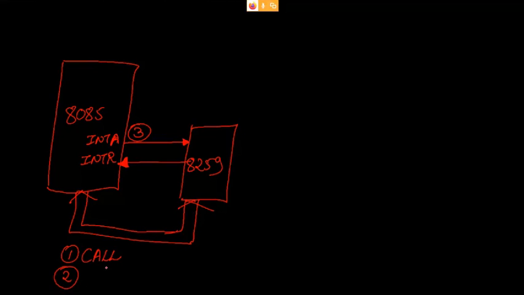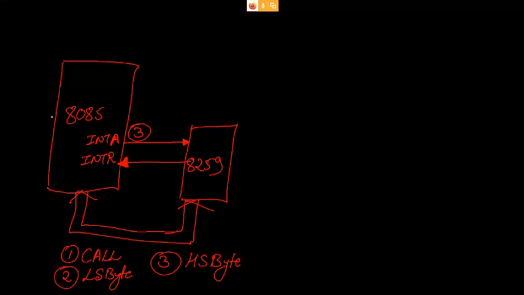In that case, 8259 sends the lower significant byte. Then after that, 8085 releases the third INTA, in which the 8259 releases the higher significant byte. So by reading all these three instructions or three data,